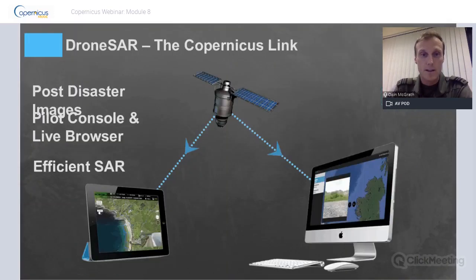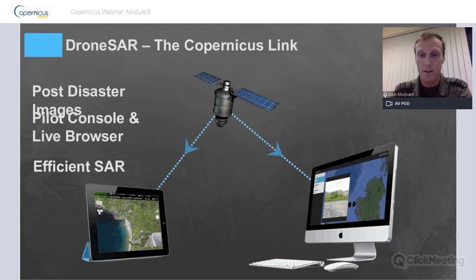So on to the next slide. So the Copernicus link: following our win at the Copernicus Masters, we were in touch with a lot of companies and projects where we had come up with an idea of how to use drones in emergency response, in particular hurricanes and severe disasters, flooding, for example. So all drones use a Google mapping service or Apple Maps or a different map server, which could be 2 or 3 years out of date in terms of satellite imagery. And that's not very useful for command and control, nor is it useful for a pilot. The pilot needs to be able to see the area that he's going to search in real time.